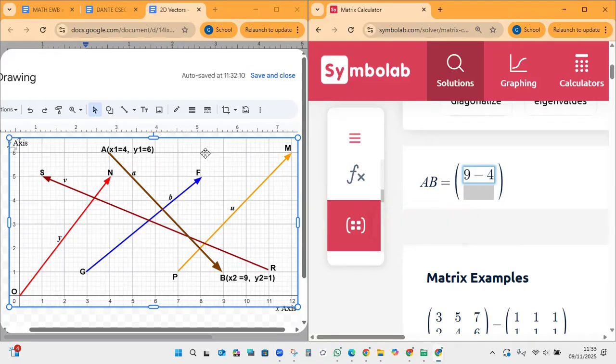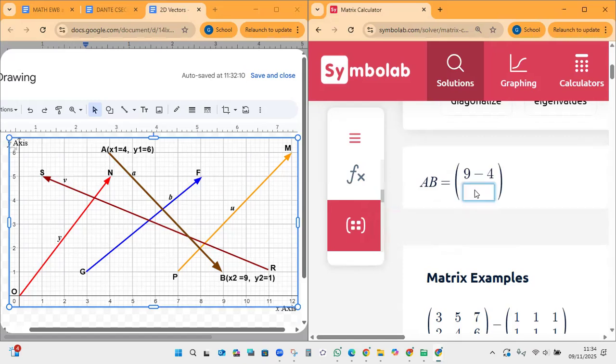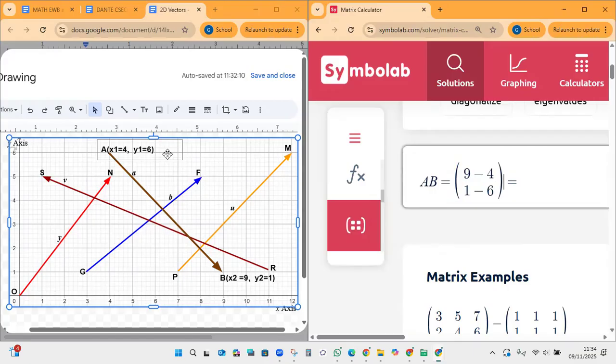And how many units downwards? 1, 2, 3, 4, 5 units downwards. But we can calculate it: y2 minus y1, where y2 is 1, subtract y1, which is 6. So the component form of vector AB